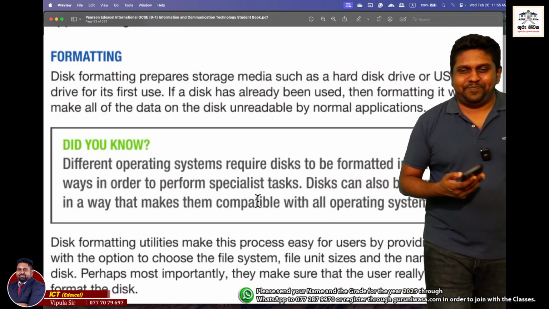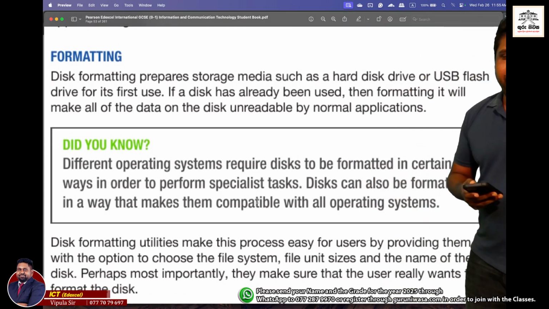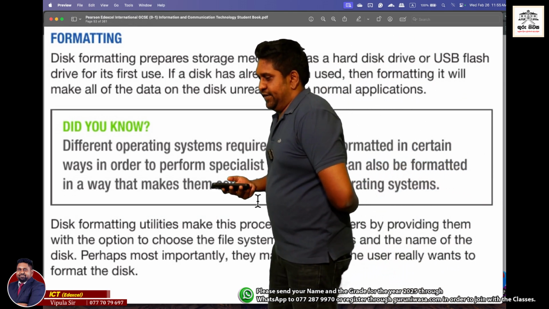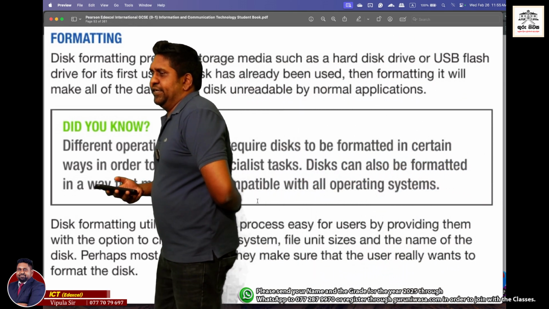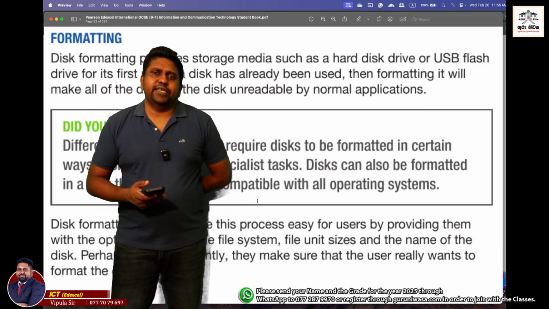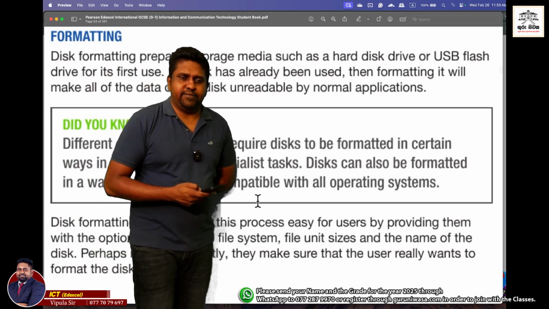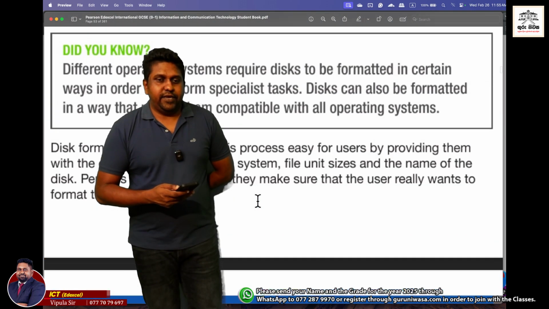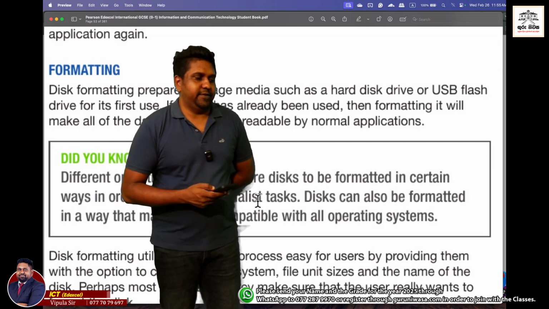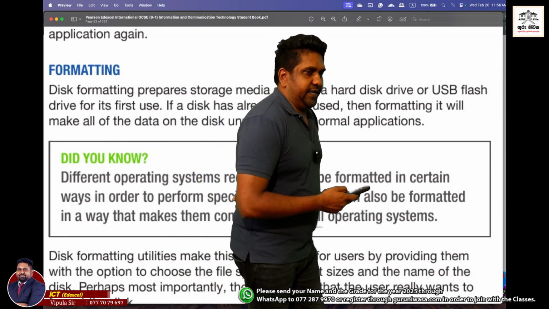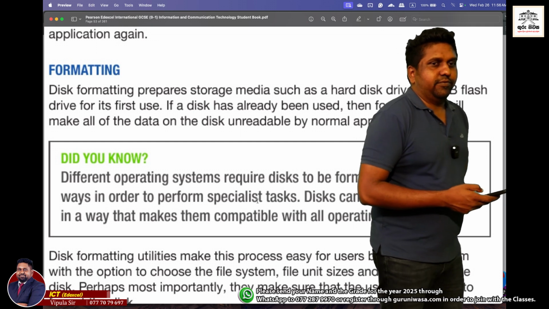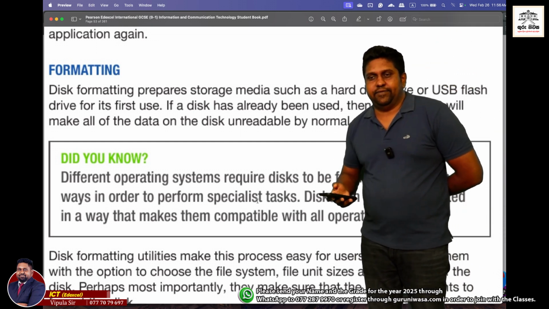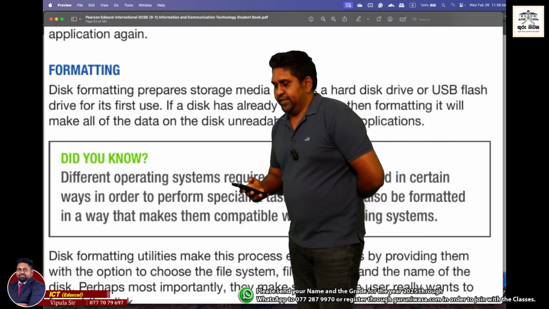So quickly speaking, now when it comes to formatting, the idea behind formatting is that different operating systems and different applications use a certain type of file systems. File systems means that, depending on the hard disk or your storage device, we need to have a method of writing the data, right? Writing the data means, let's say,